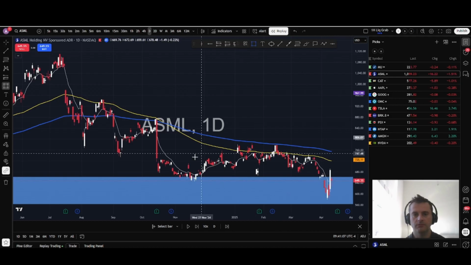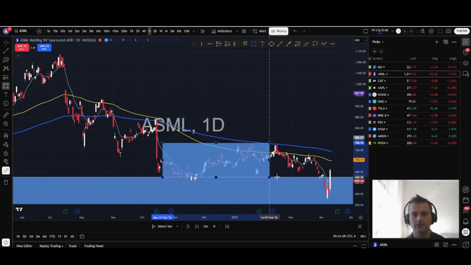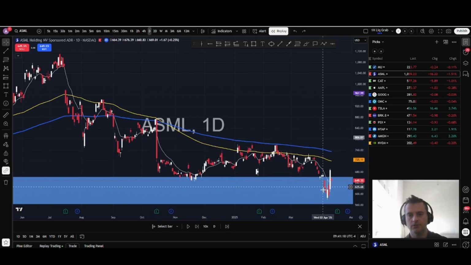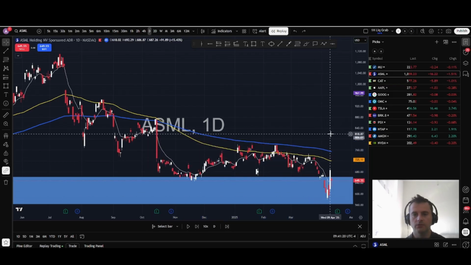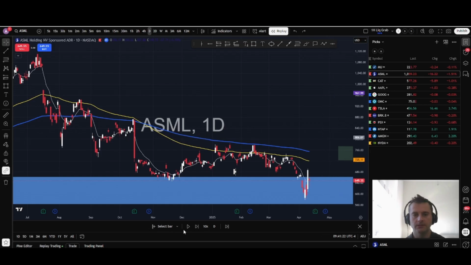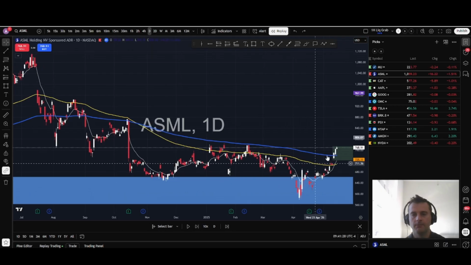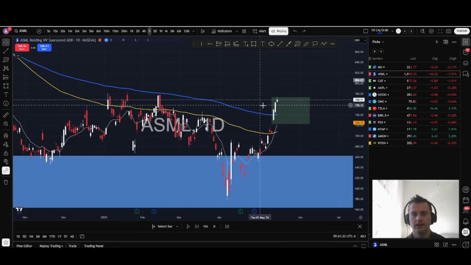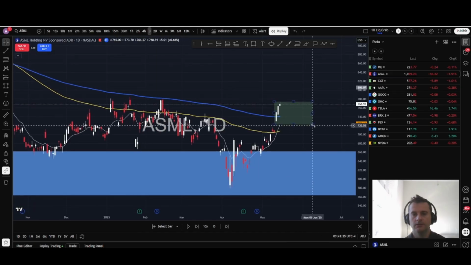So you can see, as you saw on Micron Technology, there was a pretty significant consolidation here. The price decided to go below it, take more liquidity, go deeper into the demand zone, and it starts to rally up. At that point, it rallied right above the 200 EMA. At this point, if you remember,